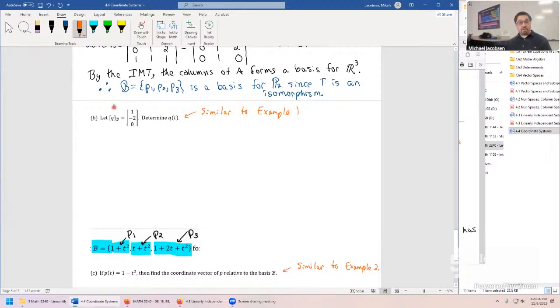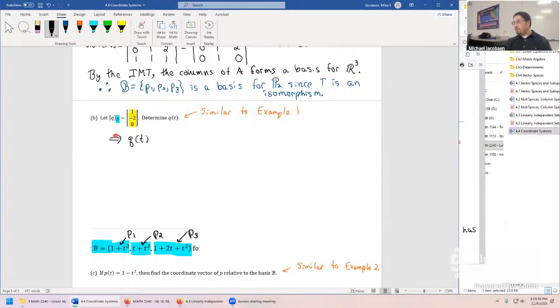Here's the logic on this one. What makes this one a faster problem, the thing that we have to recognize about it, is this gives us the coordinates relative immediately to that basis B down below. So this is a problem where you just crank out the algebra, just like in example 1. Whenever you're trying to find the coordinate vector, that's the one that involves row reduction, like example 2. So to solve this part B, you just write out that if you have this coordinate vector, this immediately implies